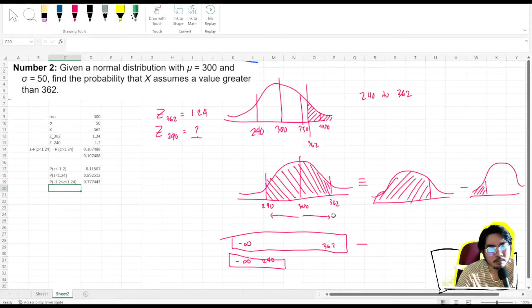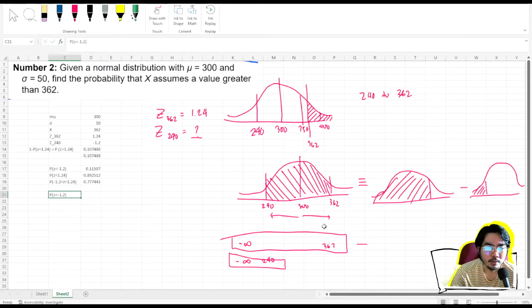Kasi wait lang, ini-imagine ko kung may other way ba. Sige. We can try to do this, no? If you do 0 to negative 1.2, less than 1.2, then that's just equal to 0.5 minus,